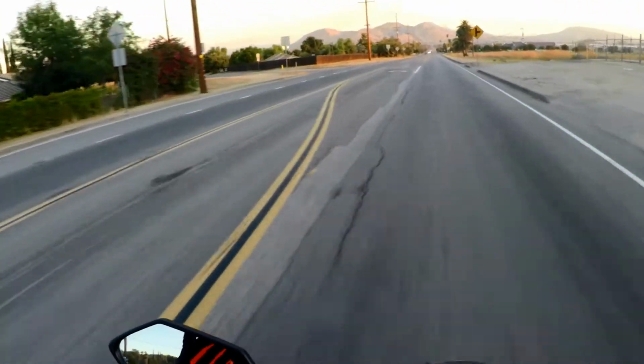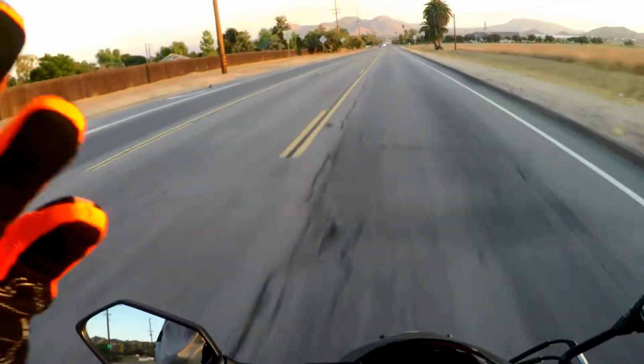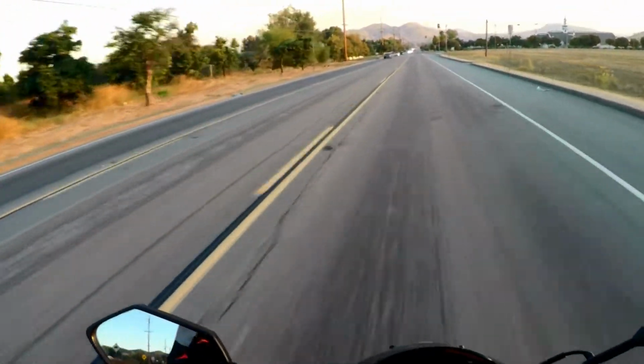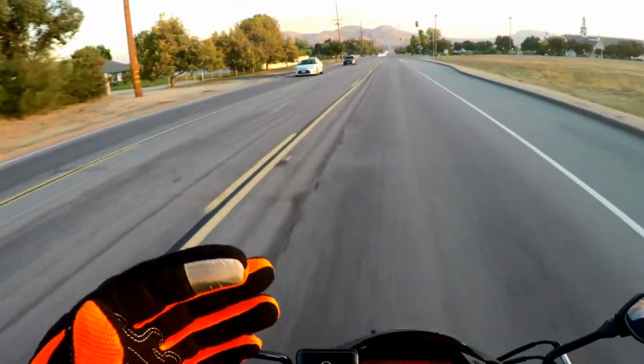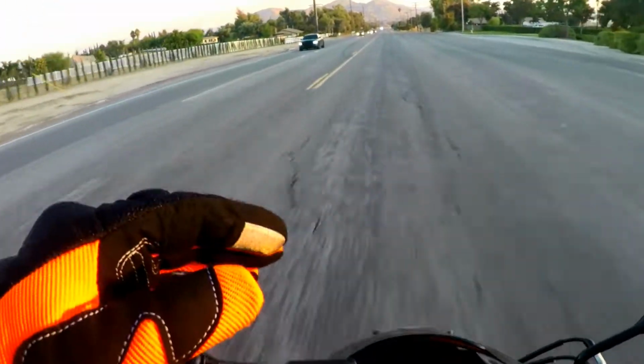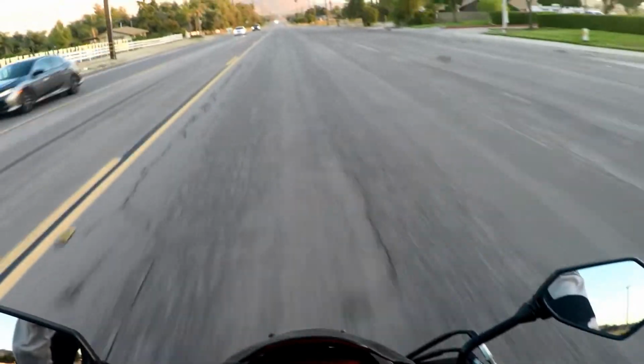So now we're going to show you getting on the on-ramp on those curved on-ramps where you don't slow down. Those straight on-ramps are a lot easier when you're new because you can see everything like that first on-ramp we were on. But here you're coming off of a curved